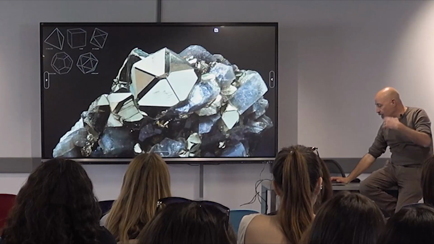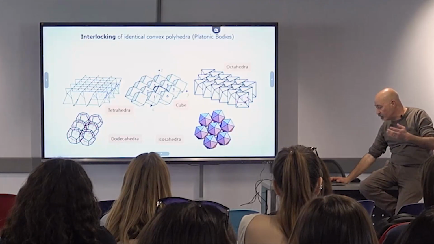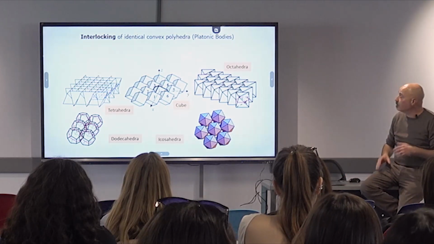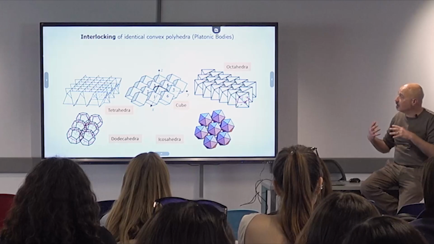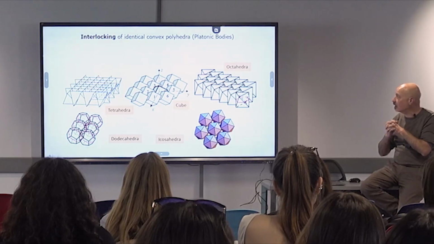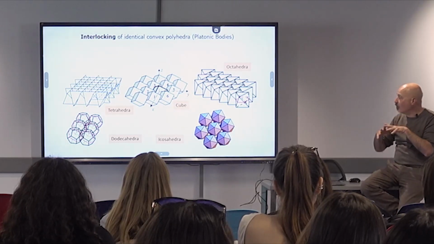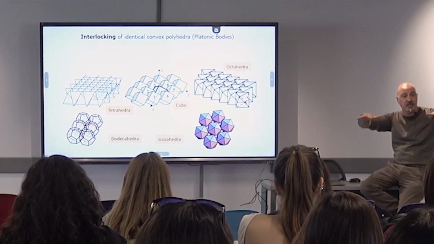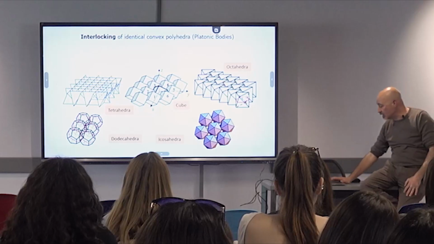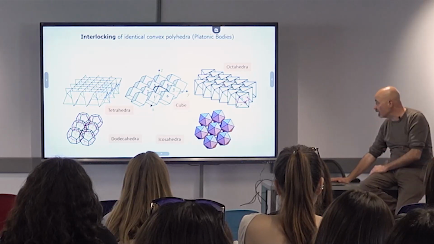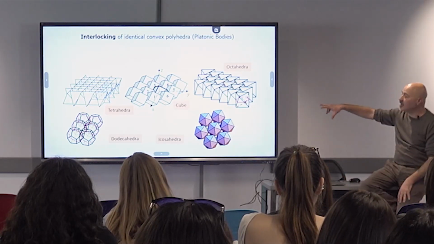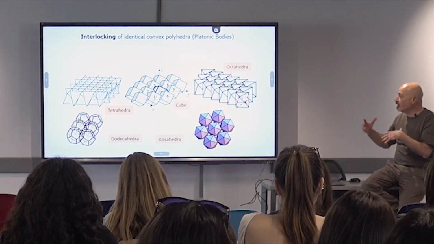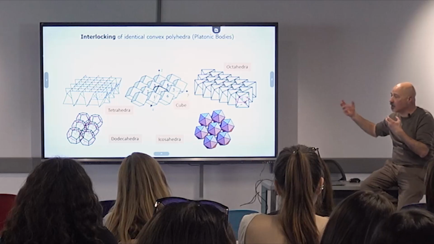The references to the Platonic solids, the platonic bodies, and the idea was to interlock identical convex polyhedra in order to create the complexity of the aggregation and the population in the space. So if we analyze the different ways, geometrically, to assemble it together, we can easily understand that the configuration